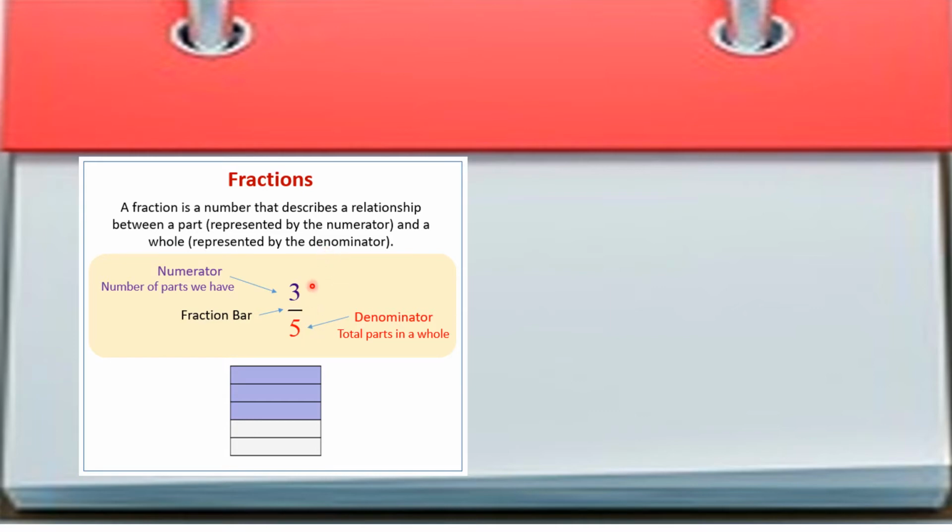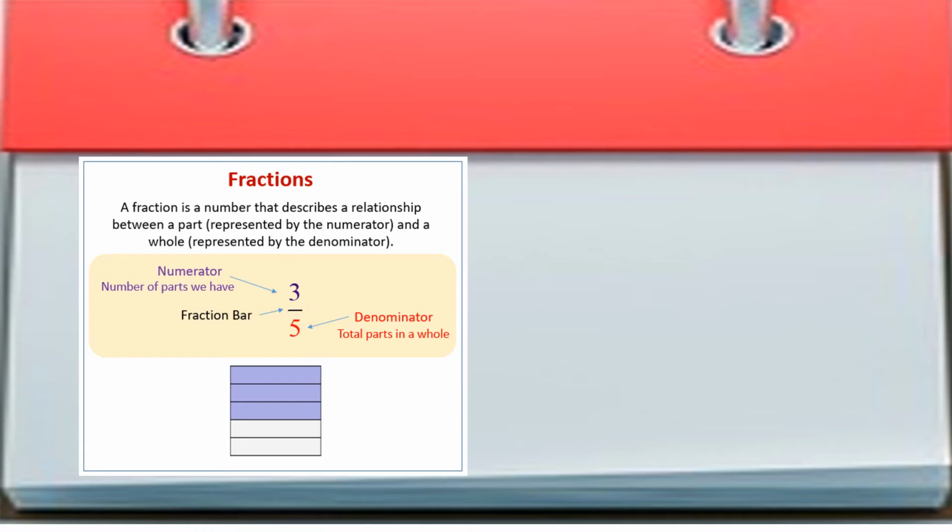Okay, fine. On the top we have one number, isn't it? This denotes the numerator, and at the bottom this 5 denotes the denominator. Clear? So D for down and D for denominator, keep that in mind. Don't get confused. The top number is called the numerator and the bottom we call the denominator. This denominator denotes total parts, right? The numerator denotes the number of parts. Clear? Then in between we have this line, isn't it? This we call the fraction bar, or else 3 by 5.